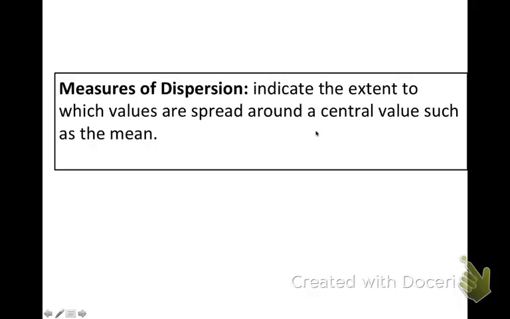So here's our first definition. Measures of dispersion. This is what we just said, but in a much better mathematical format. Measures of dispersion indicate the extent to which values are spread around a central value, such as the mean. So for today, when we're talking about our measures of dispersion, we're thinking about what that spread is around the mean. If you think about a histogram,